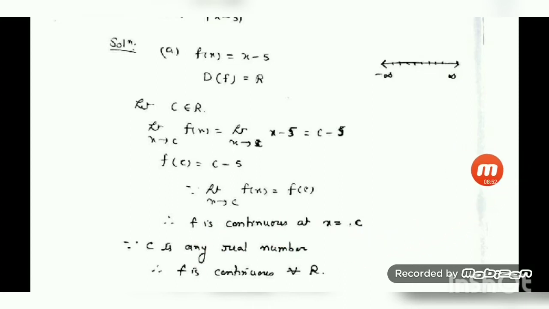Now you see, C is a point within the interval, any point. C may be here, here, any dotted point. That means infinity, for any one of the values, it is continuous. That means this can take any value. Any value means it is continuous for all values.